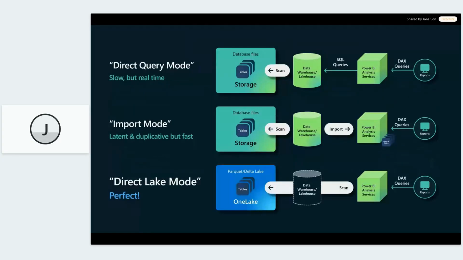And actually, that's again what Microsoft did with reworking the analysis services engine to read Delta natively. So now we have what's called the direct lake mode in terms of connectivity. So the analysis services engine can scan Delta files, basically eliminating the need then for data copying into in-memory, like in import mode, or throwing queries against our database, like in direct query mode. And instead, we just directly scan Delta files in the tables that are located in our OneLake storage.